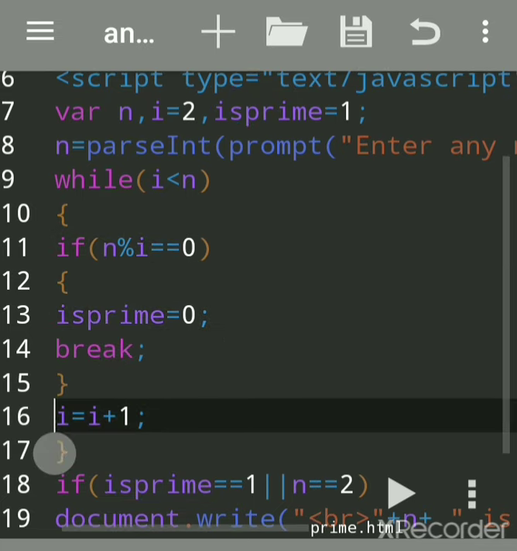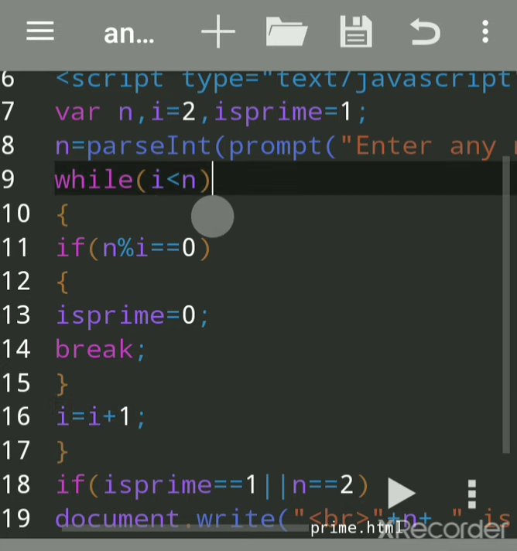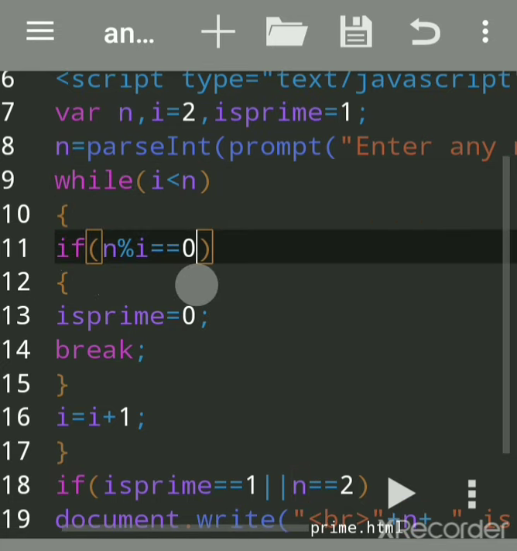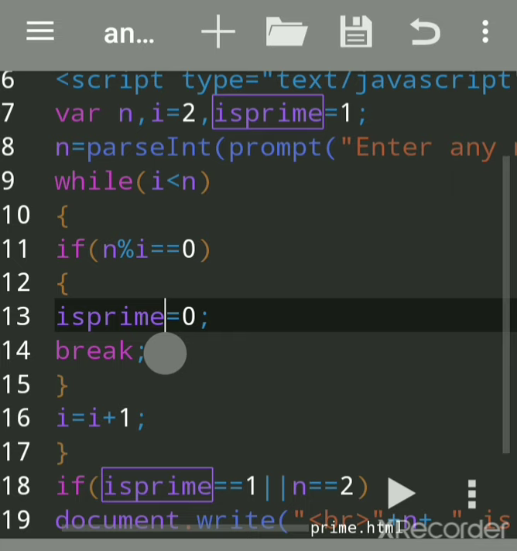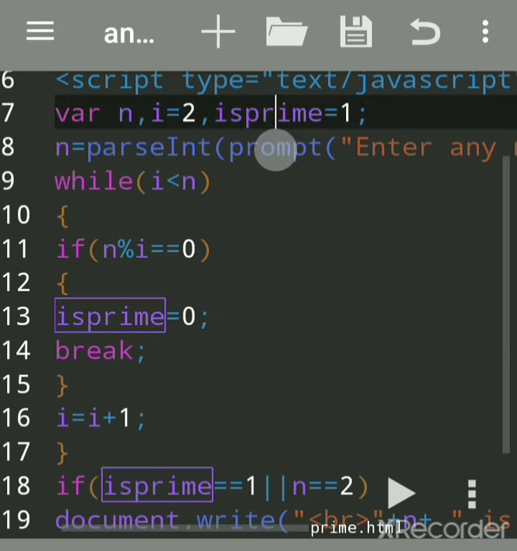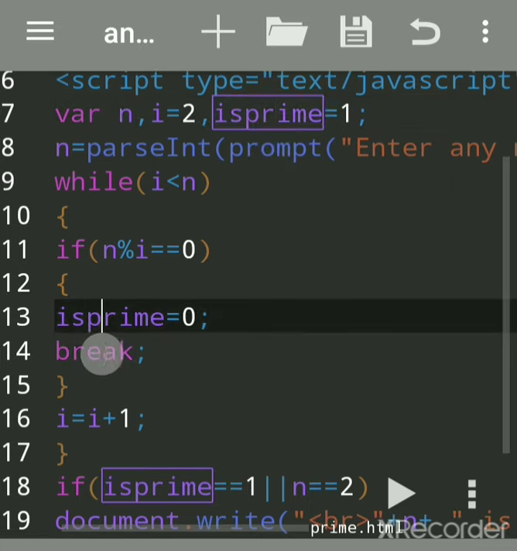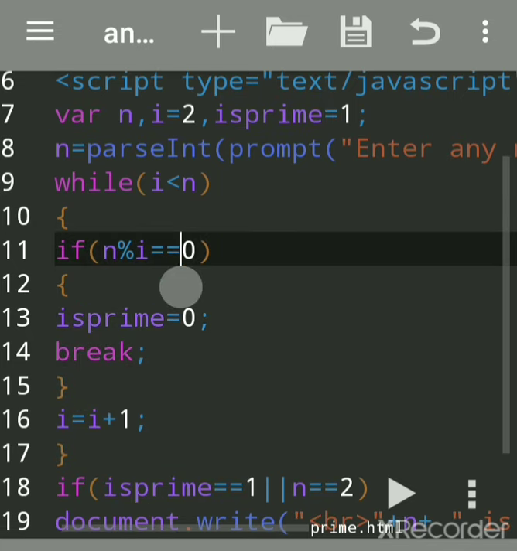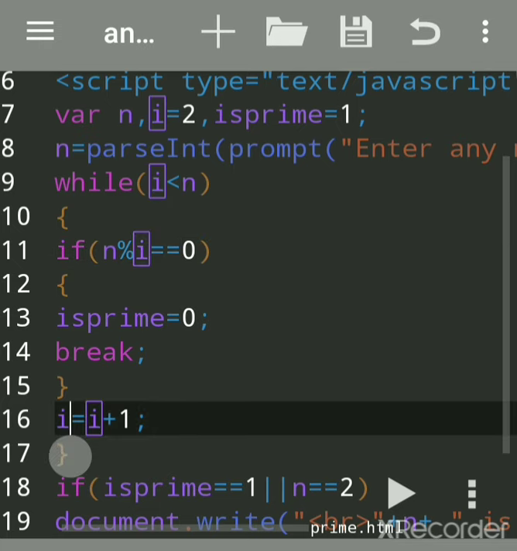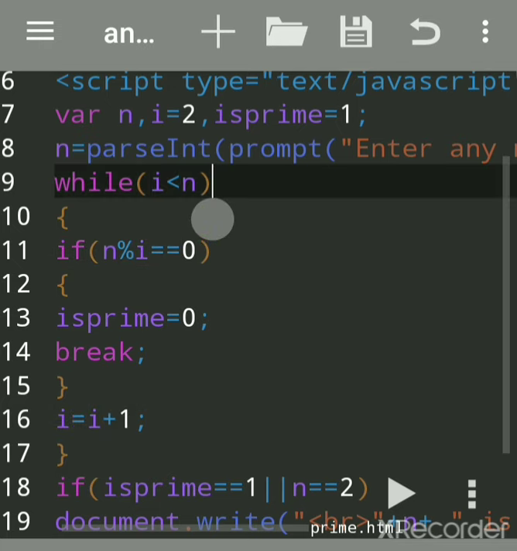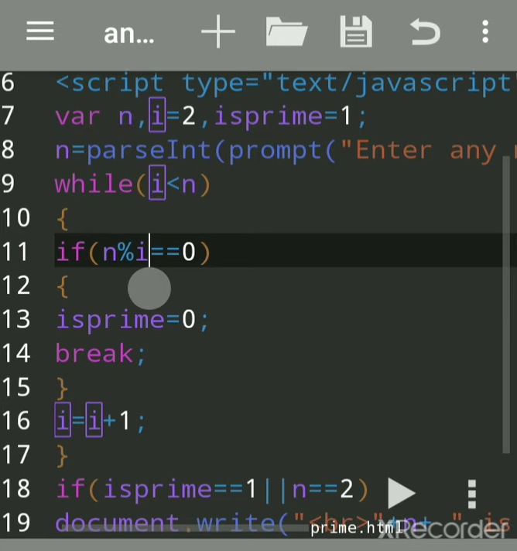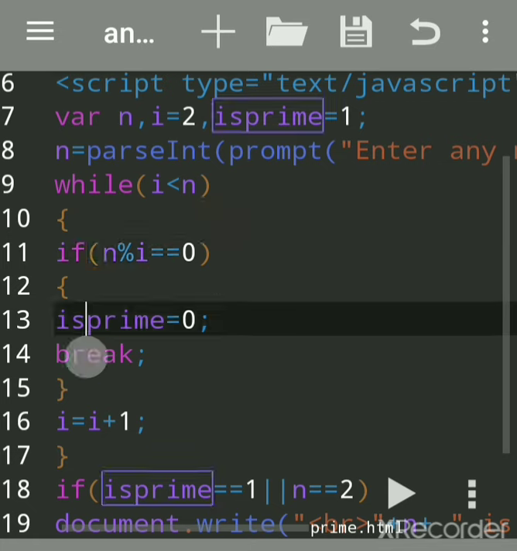Again this value will increment, then it will take 4, 4 is less than n, then again it will check 7 divided by 4, it is not divisible. So isPrime is still holding 1, because not even once has it entered this condition where the remainder became 0. Again it will become 5, is less than 7, yes, then 7 divided by 5, this is false, so it will not assign any value.